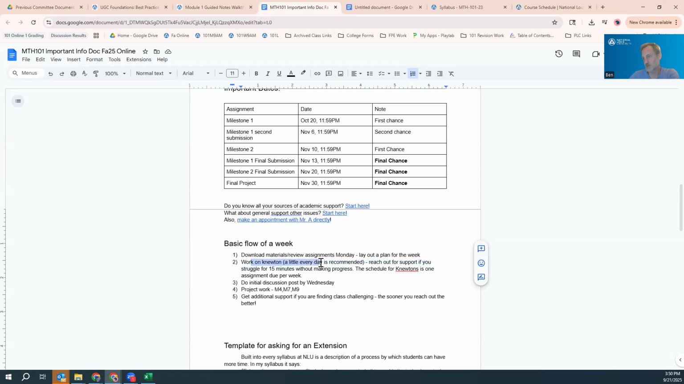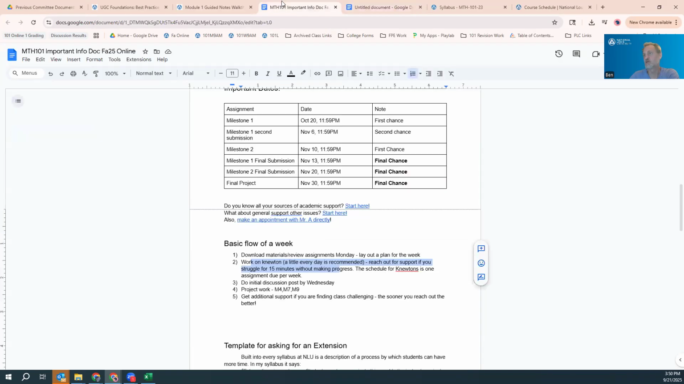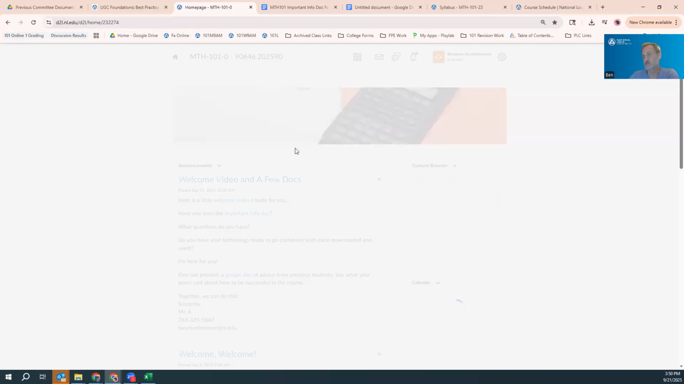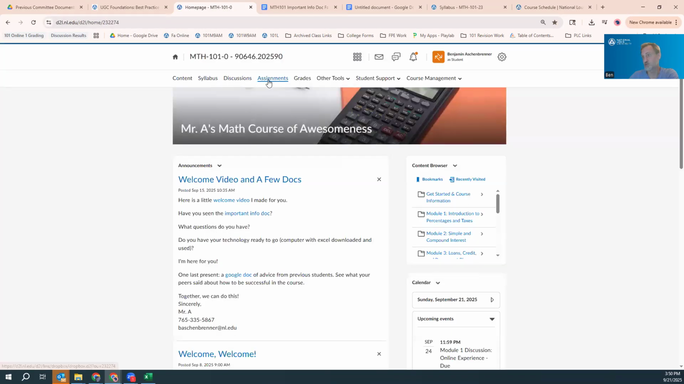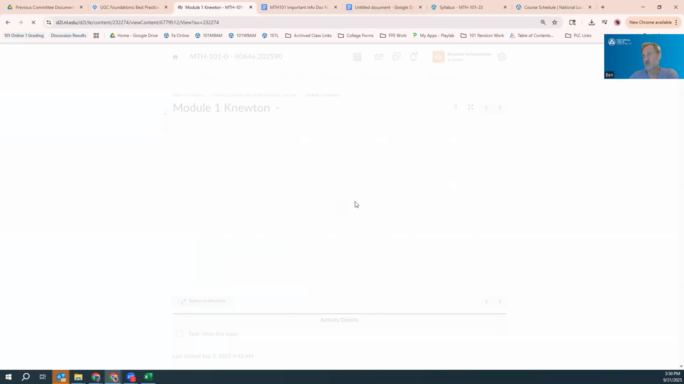Now I laid out a plan, and Newton didn't come up in my plan until Thursday. And this is saying work on Newton a little each day is recommended. So actually, I'm just going to jump in here to Newton and take a look at it, because I want to make sure I feel good about what it looks like. And this is week 1. So I've never seen Newton before, and never heard of Newton. So I'm going to go over here, click on module 1 Newton,